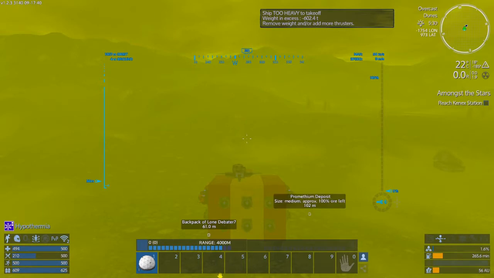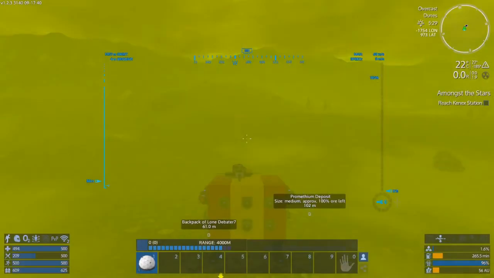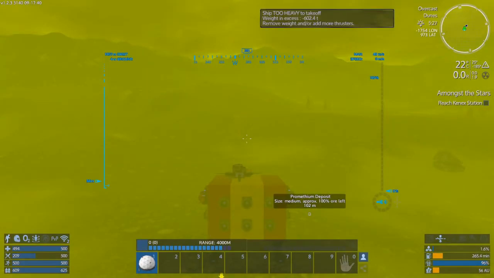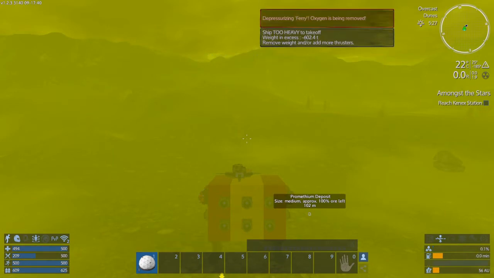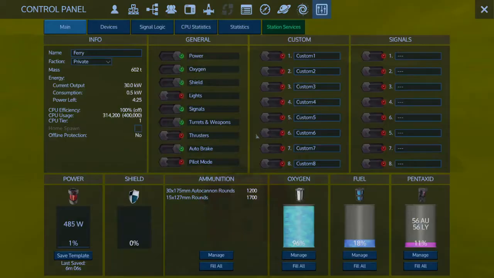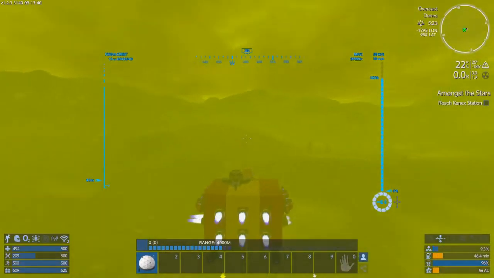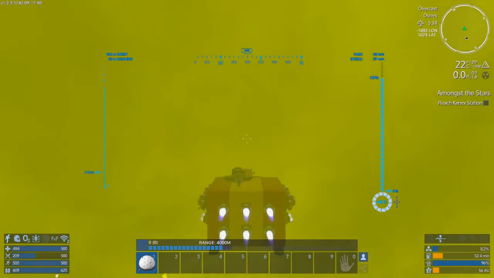What? Why is oxygen turned off? That is what the issue is. That's why we are cold. Oh, I have the thrusters turned off. That would make sense why it's not flying. Okay, well, forget the promethium, it's not worth it. Let's just go ahead and